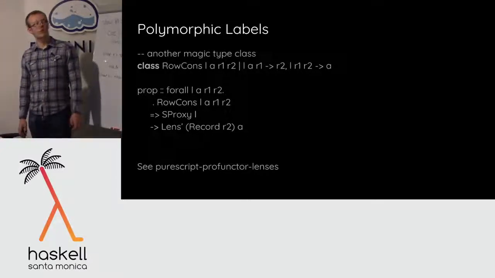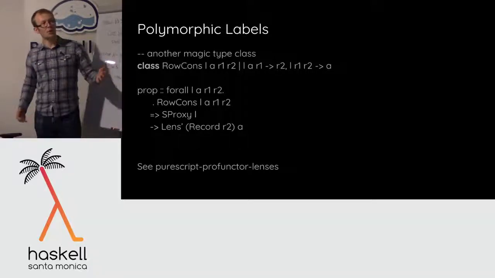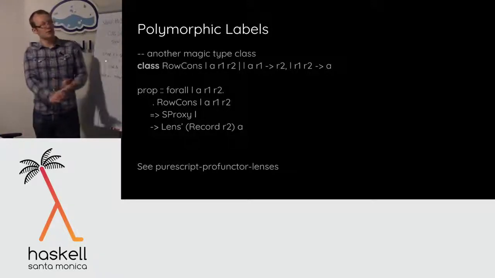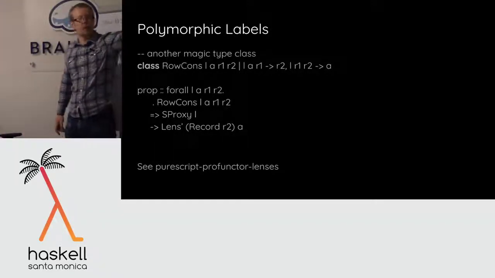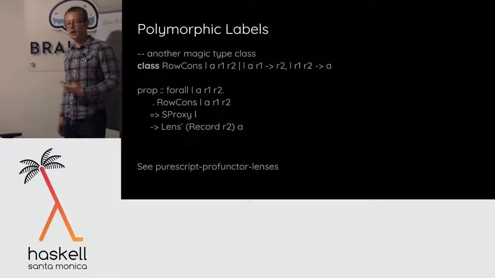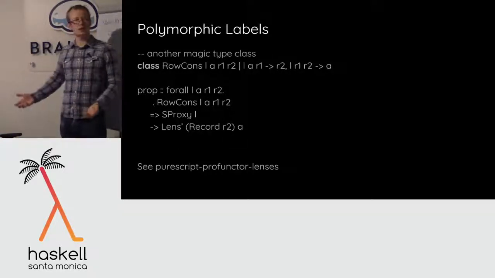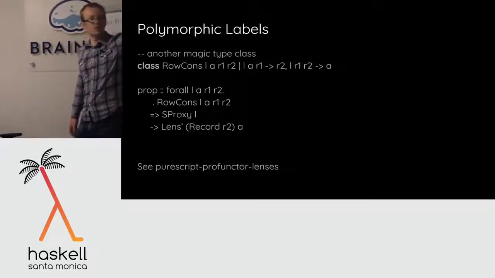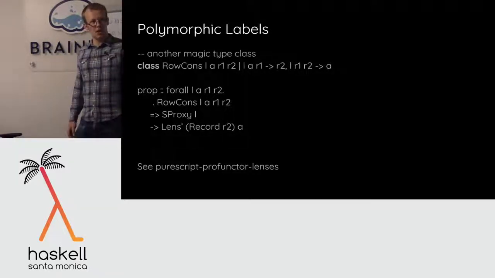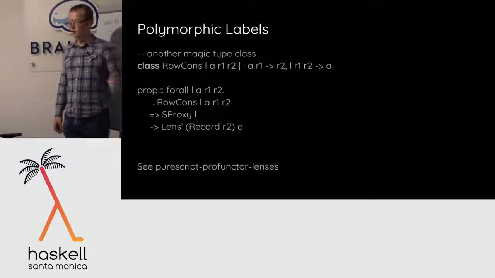Okay, cool thing number 3 real quick. Polymorphic labels, right? As a quick demo of the unreasonable effectiveness of fundeps plus row polymorphism, another thing we can bake into the compiler is this row cons thing, right? We can think of a row as like a list, an association list, right? Then I should be able to cons something onto the front of it. So if you give me a type level symbol L representing a label, and a type that's going to go in that label, and a row, then I'll give you a new row where I've consed L comma A onto the front of it. So if you know L and A in the row, then you know the output, so it's functional in the direction you want. But you can also extract the type if you know the label, right?